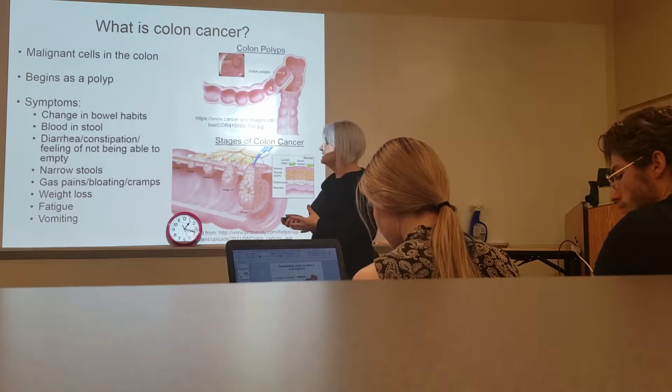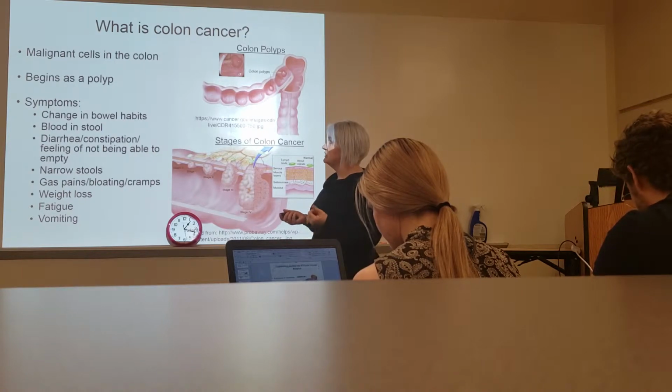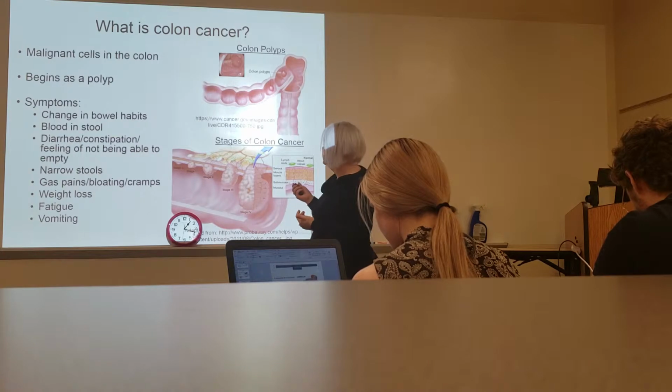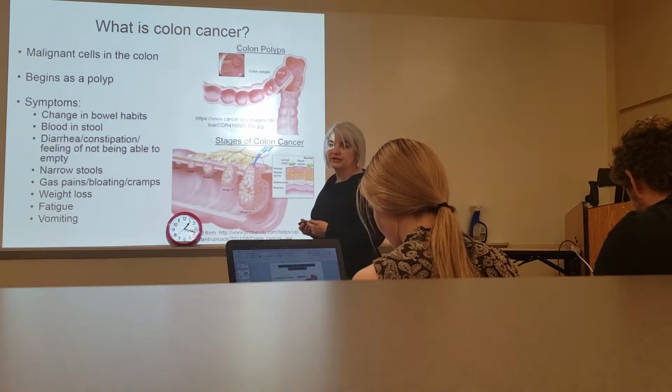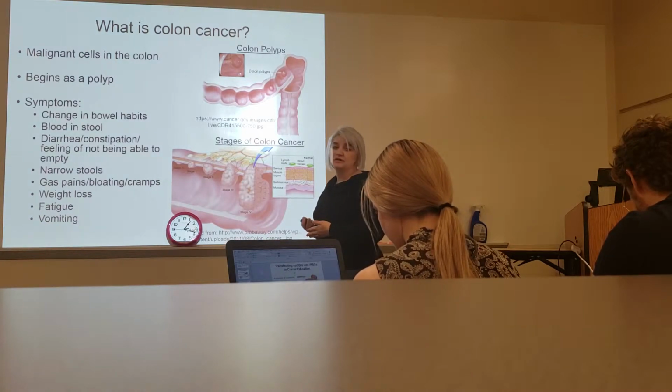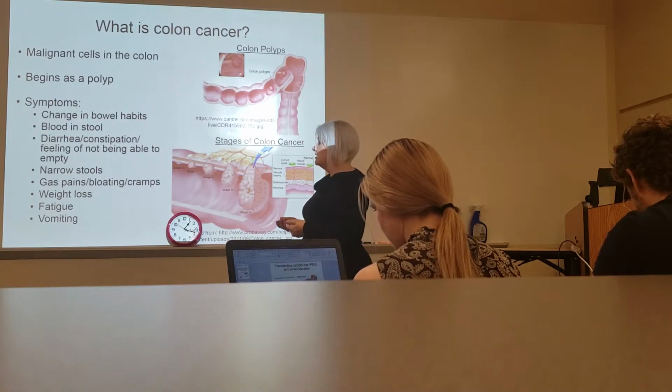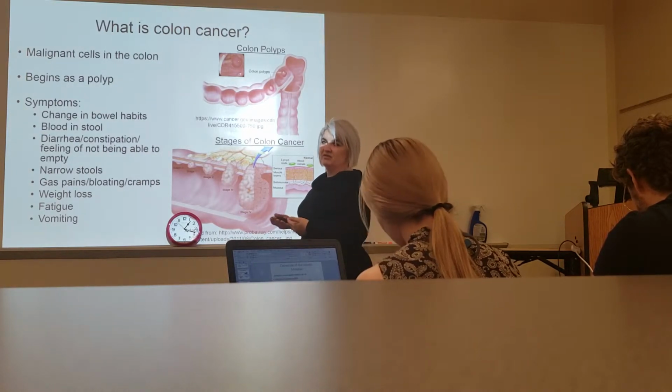And so what is colon cancer? Colon cancer is malignant cells that are in the colon tissue, and they begin as polyps. As we'll see here in the colon, these circles indicate the actual colon polyps that would be seen during a colonoscopy. Symptoms that you may have are a change in bowel habits, blood in the stool, diarrhea, constipation, gas, bloating, narrowing of stools, weight loss, fatigue, vomiting, several different symptoms that you may feel is